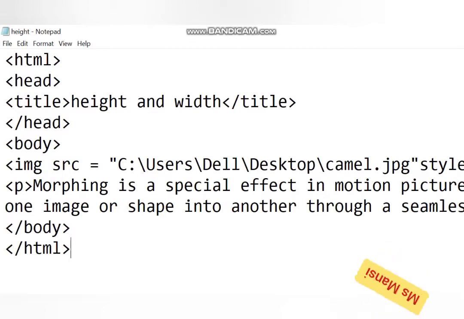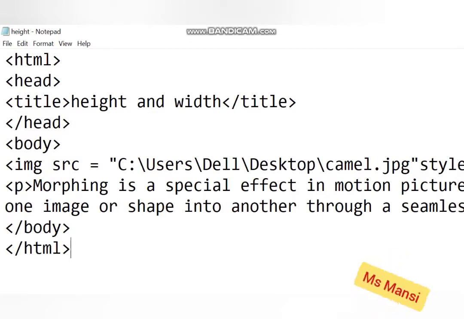The image tag is used to add images in an HTML website. It is an empty tag and requires different attributes to be specified with it. These attributes for the image tag tell the browser how to lay out the page so that text can follow properties around the image. Clear?